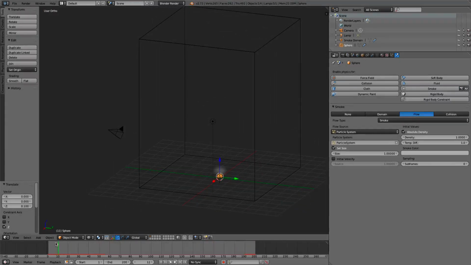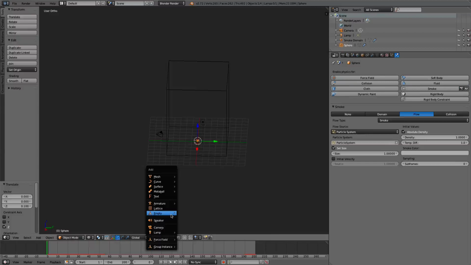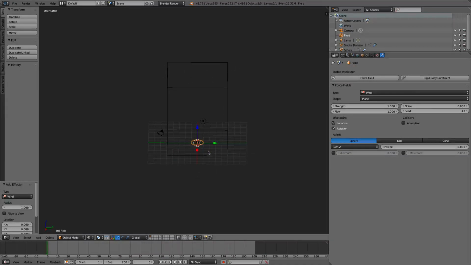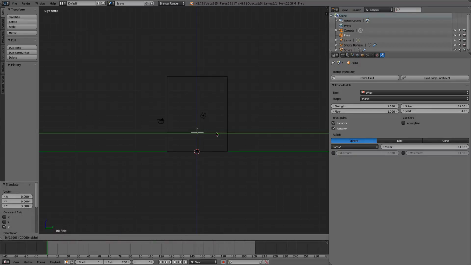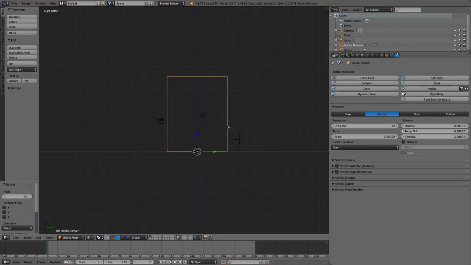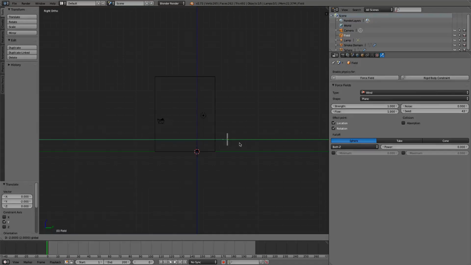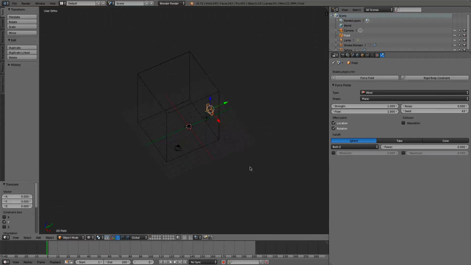Now, most smoke, you want to have wind. There's really no place on Earth that doesn't have wind, even the slightest bit. So we're just going to assume that you will have wind here. We'll use a little wind force here, so just pick it out, we'll scoot it over to the right. We're going to get ours to move left. So we can scoot this a bit over. And this whole thing about smoke, you can basically do this any way you want. This is just the way I'm setting it up.